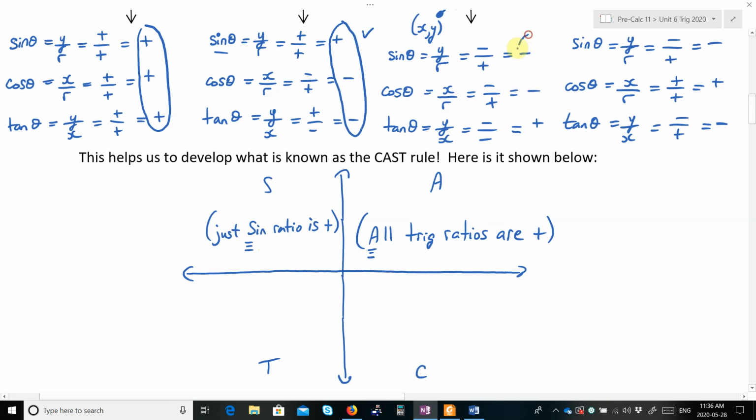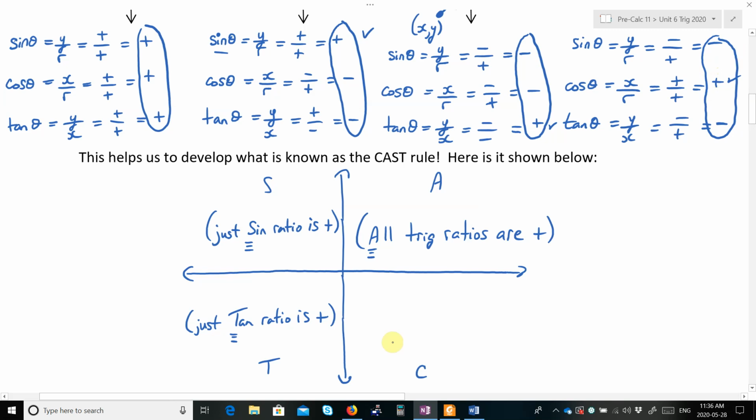In the third quadrant, we had these situations here. The only one that is positive is tan. So the T stands for tan. Just tan ratio is positive. And in the fourth quadrant, we had negative, positive, negative. It was just cosine. So the C stands for cos. So just the cosine ratio